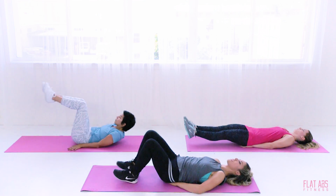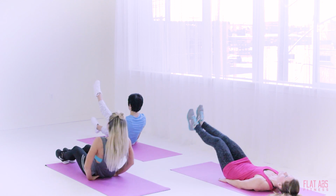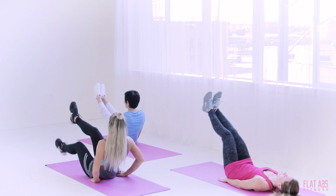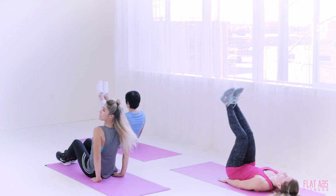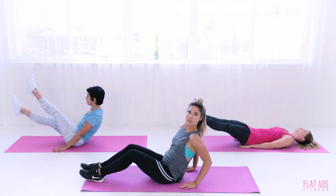So hands come under the hips, legs come up high and drop down low. Angie is gonna demonstrate the low modification. You can do one leg. You could switch it like a scissor, but you wanna be sitting up. Especially if you're pregnant or you have problems laying on your back, just sit it back